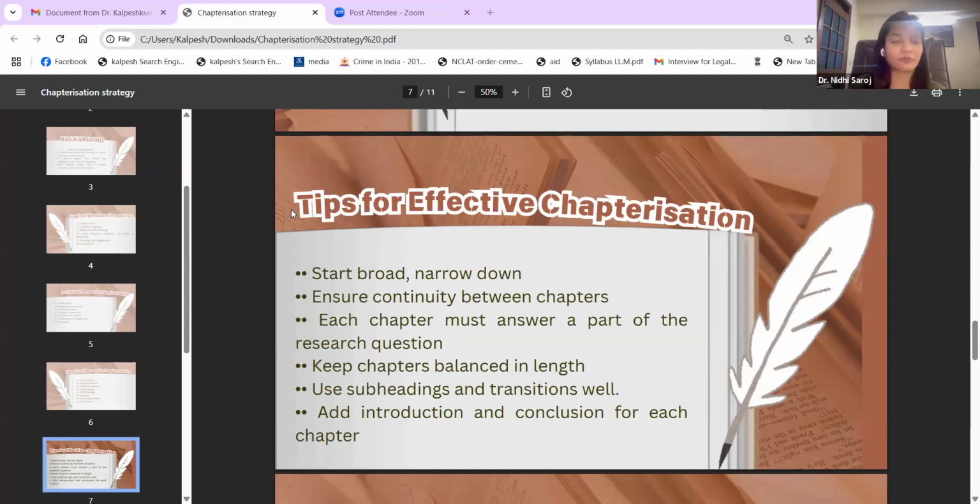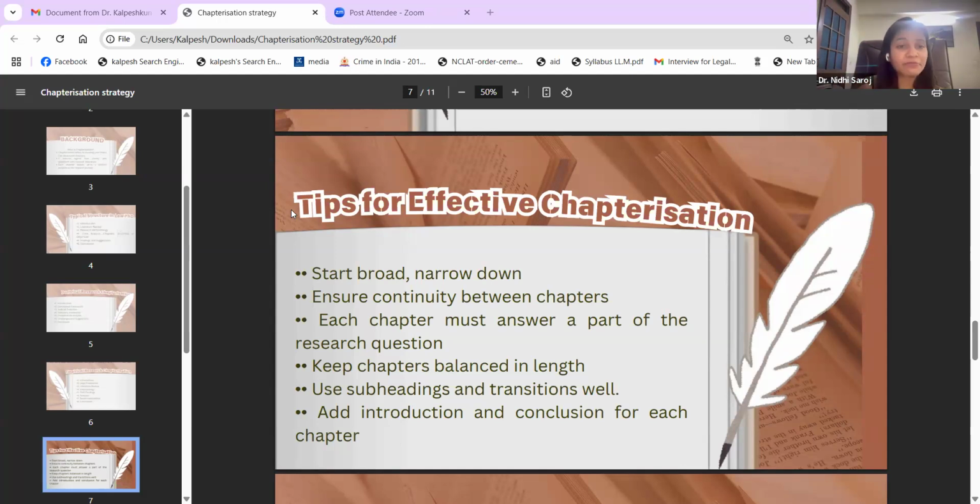Like, I'll give you an example from my own research. My third chapter was on parental incarceration and the criminal justice system. Right now itself, I told you that I divided it into sub-chapters. The first one was an introduction, and it is there in the last point also. You should always write an introductory paragraph for that particular chapter, and you also need to have a conclusion for that entire chapter. I had done it for my thesis also, and I would recommend it to you all also, so that you get clarity and the reader also understands the reason why this particular chapter has been written.